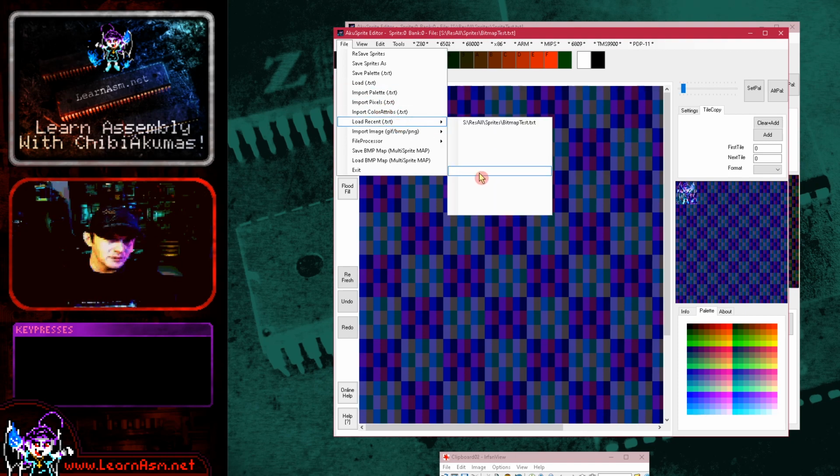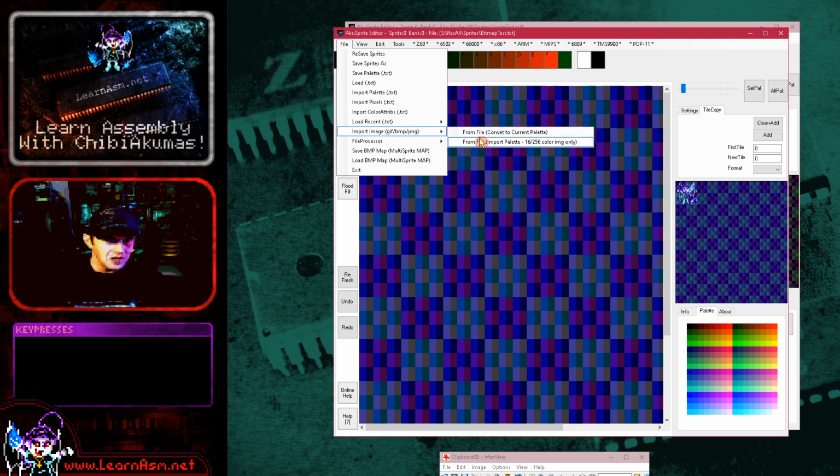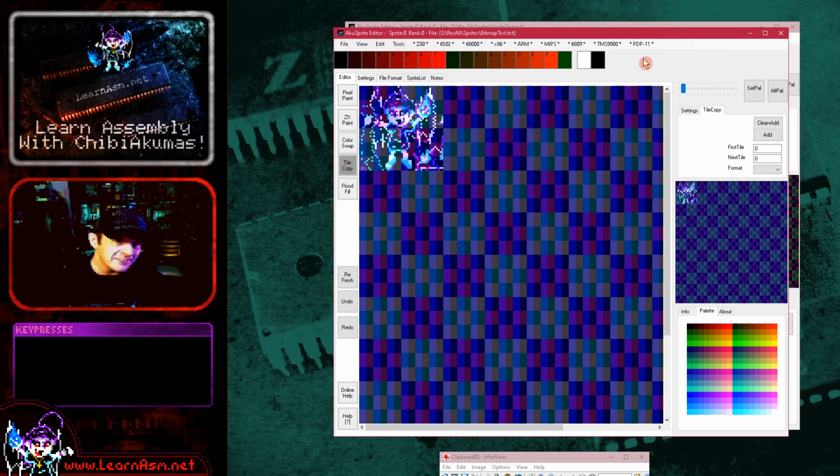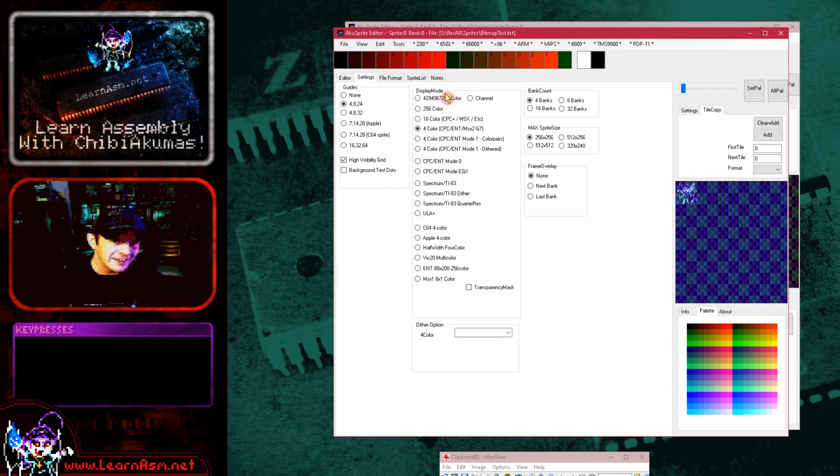You've got load recent, which shows all the recent files. This is a new copy of Akusprite, so there aren't any. You've got import image, which, as I just said, is an import tool. Now we can use from file import palette, which will load in a 16 color or 256 color palette, or from file. Now it's important to know that depending on our settings here, how that function will work will vary,